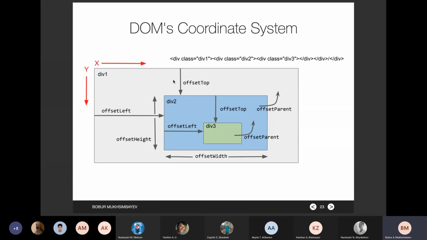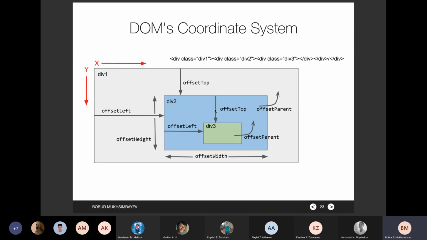For instance, offset top, for the div number 2 will be this distance. Offset left will be the distance. And offset parent, which is the offset from the parent. And we have here the hierarchy of the 3 elements, div1, div2, and div3. And offset width and offset height